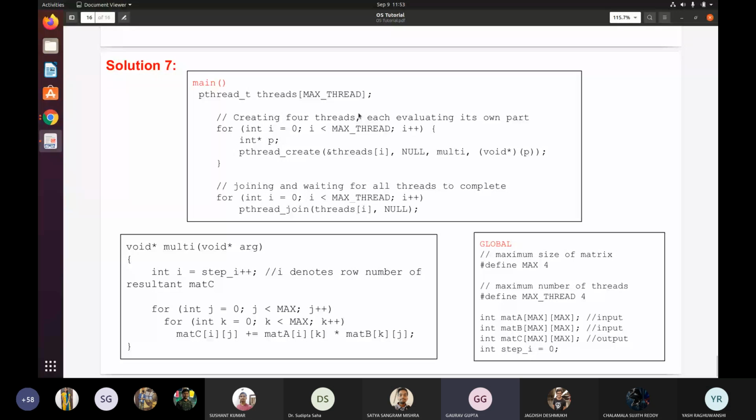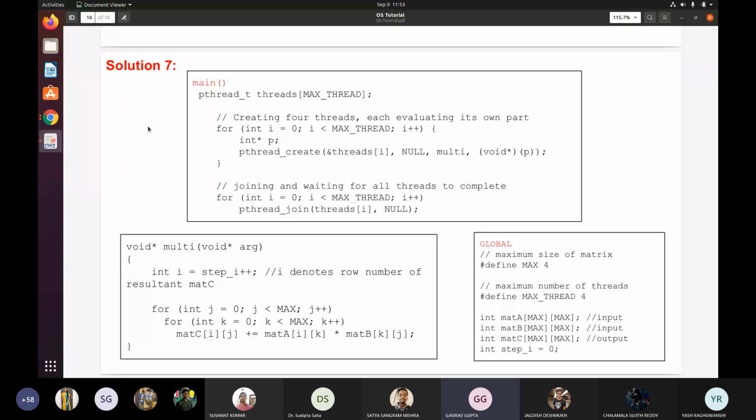So we define MAX 4 and MAX_THREADS 4. This will be used to write a generalized code, and then we have taken input matrix A and matrix B, two matrices we are multiplying and getting the output in matrix C. Each of them will have the same size.